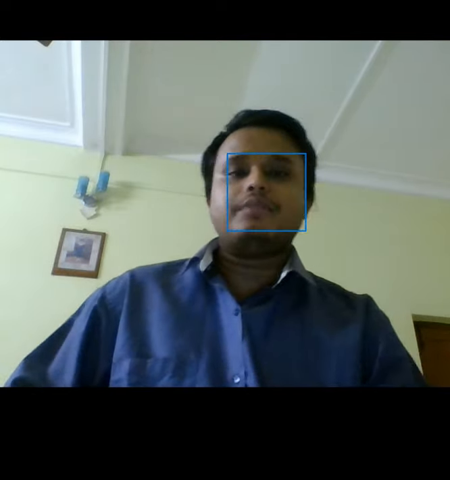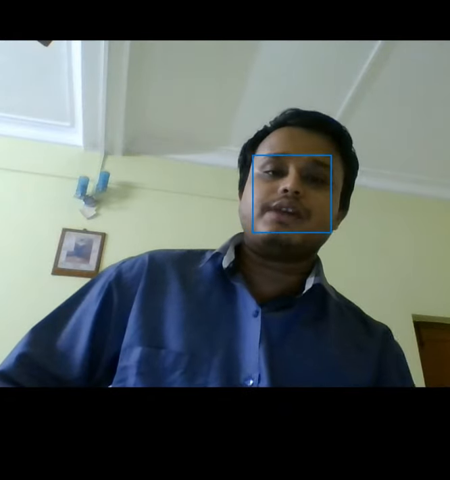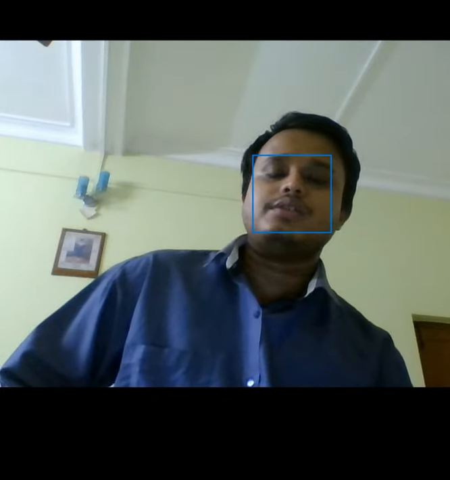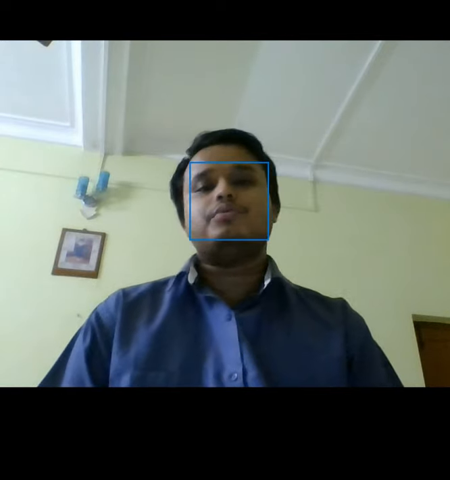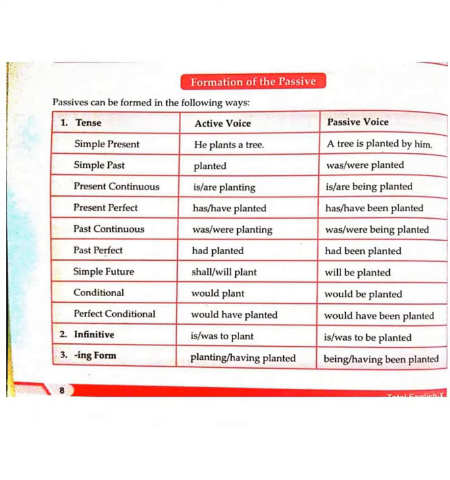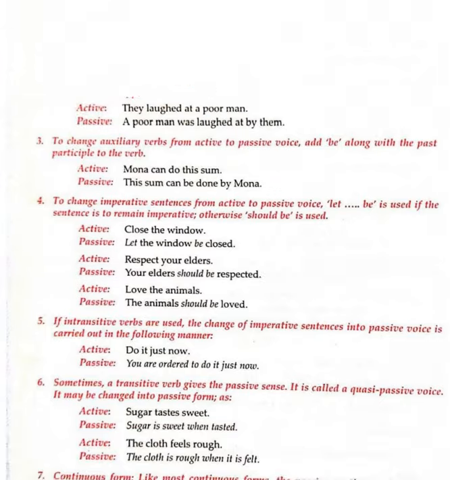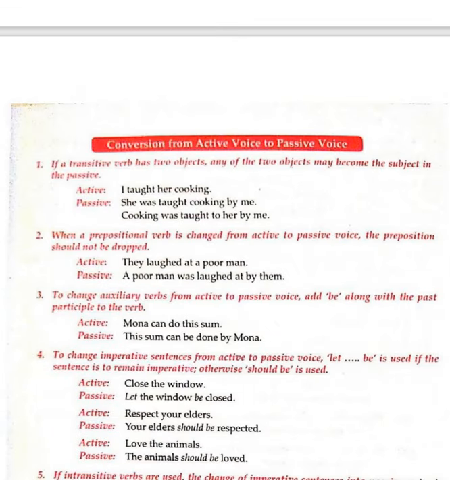But before that, we shall also be completing whatever chapter was left. That means we had started the chapter of active passive voice that day, that we shall be completing today, which we have started from your book, the Total English book. Okay, so up to this part I explained, and that day I discussed some rules. You will find some rules are common here, and there will be few which I shall be explaining